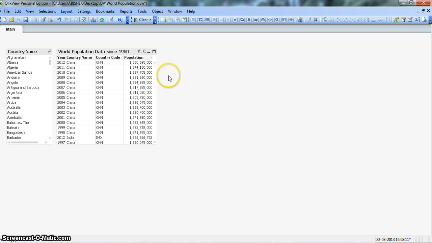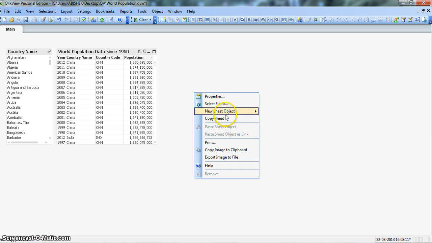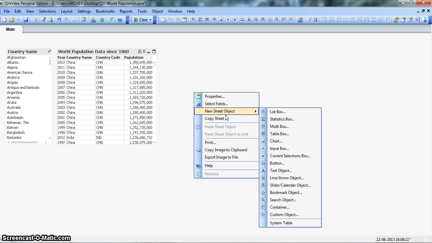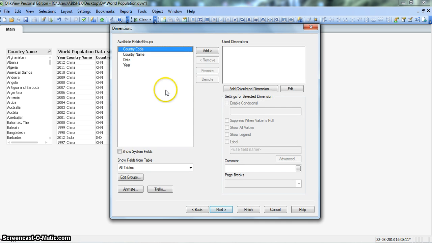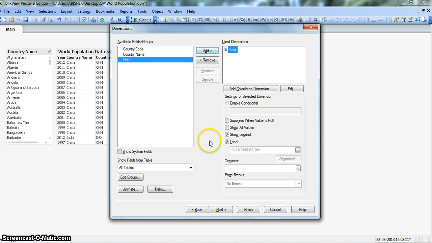So let's quickly create a line chart here and see how we can display this information. We right click on the blank space, go to new sheet object and click on the chart. In this chart type section we have this line chart, the second tab. Click on this and click next. Now here in the dimension section we need to pick the dimension like year on which we want to lay down the data. So let's click add and next,